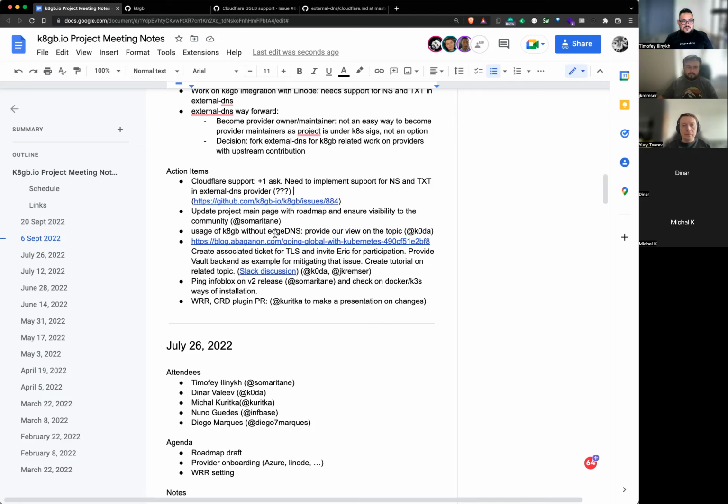Okay, usage of K8GB without HDNS. Provide our view on the topic. Dinar, did you have time to work on this? No, I didn't have the time to look at this. Okay, then it's still in progress.